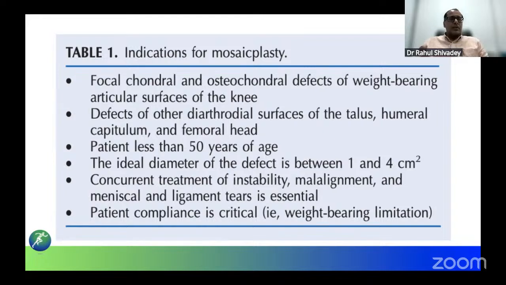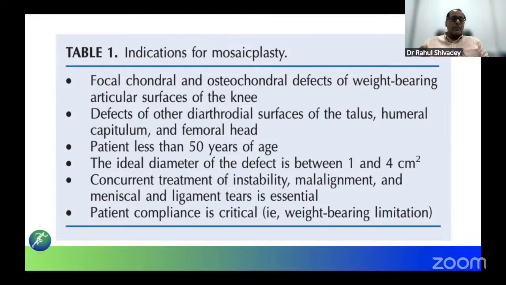Usually the patient should be less than 50 years of age, because then you do not have diffuse, global chondral changes. The ideal diameter which they recommended is up to 4 centimeters, but the recent algorithms have put it somewhere up to 2 centimeters. Also, as we know, with any chondral procedure, you have to concurrently address the instability and the malalignment,